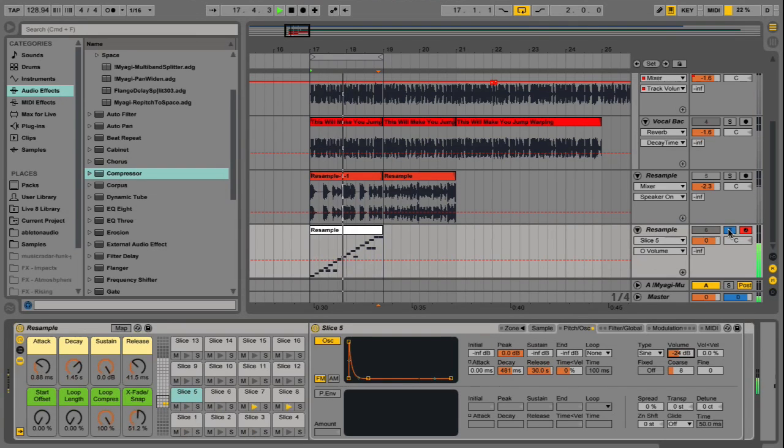Get yourself now ready and let's go. When you hear the sound of the bass, get yourself now ready and let's go. When you hear the sound of